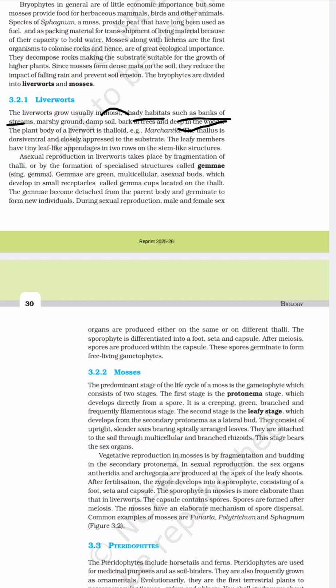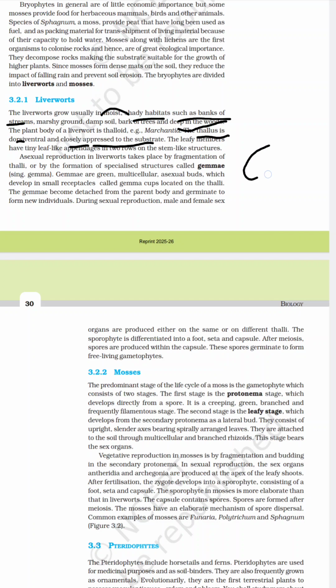The plant body of the liverwort is a thallus. Example: Marchantia. The bryophyte plant body is a gametophyte and also a sporophyte. The thallus is dorsiventral and closed opposite to substrate. The leaf members have tiny leaf-like appendages in two rows on this stem-like structure. Asexual reproduction in liverworts takes place by the fragmentation of the thalli or the formation of specialized structures called